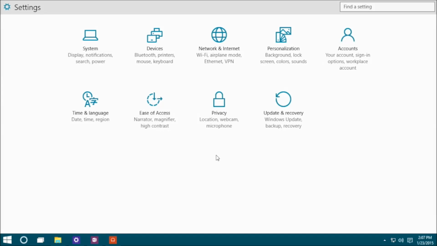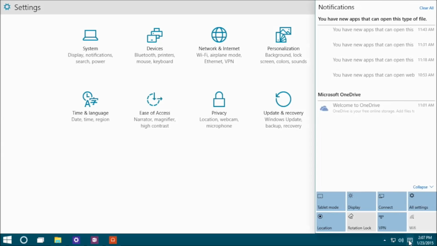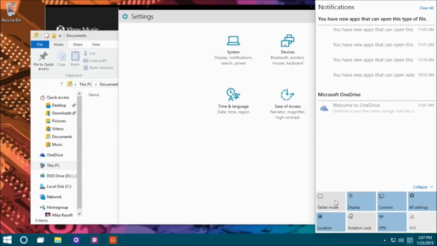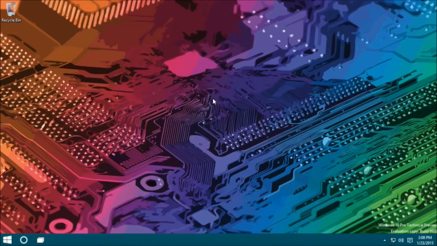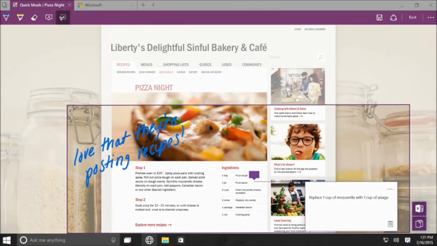So if I'm using this on a Surface, for example, it's much easier to touch with the interface because I don't have a keyboard and mouse detected. And let's say I'm done with that now, I can now turn off the tablet mode, and everything is restored to a window. Before I get into some other apps, I'm sure people are going to ask about Project Spartan,